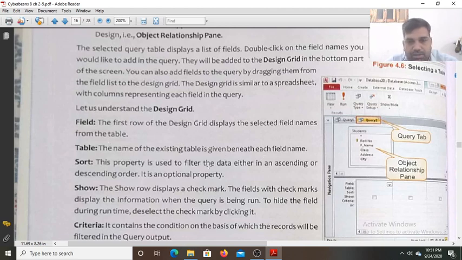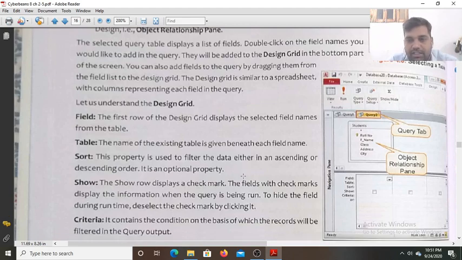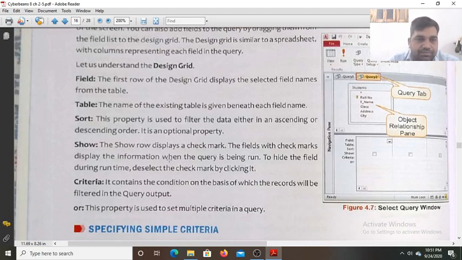Sort: this property is used to sort the data, either in ascending or descending order. It is an optional property; it is not mandatory to use it. Show: the row displays a check box for what you want to see in your query table. If you put the check mark, only that field will be visible.